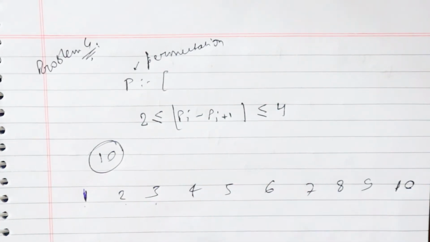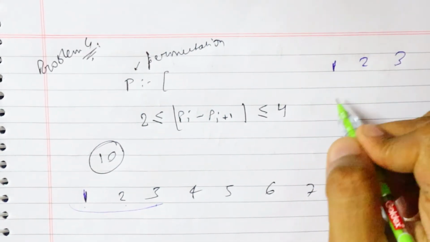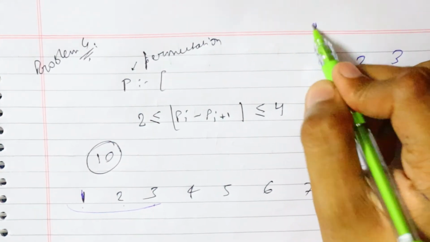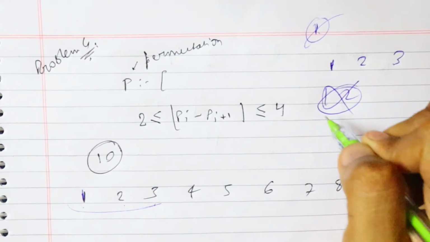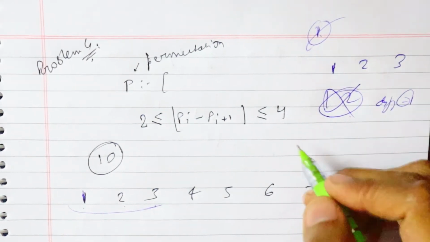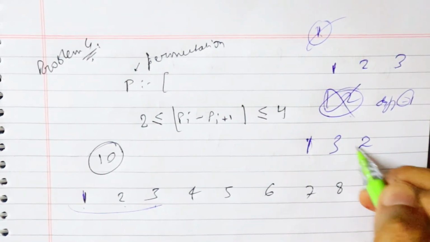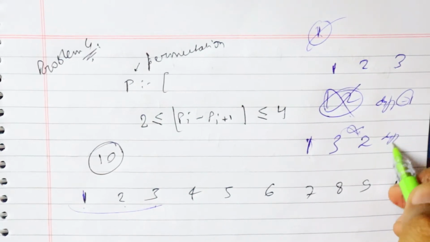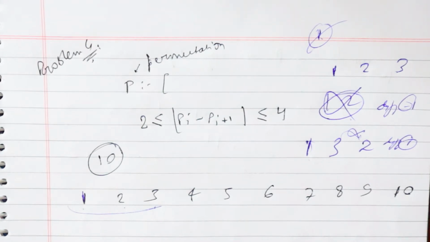So first of all, if we see only 1, 2 and 3, we are not able to have only one element because it is not allowed. Two elements not allowed because for 1 and 2 the difference is 1 only. Three elements, so I will write 1, 3. Next I have to write 2, but it is also not allowed because here also the difference is 1. So the first intuition which I get is that if my n is less than or equal to 3, then my answer would always be no, or you can say -1. But if it is bigger, then yeah, I need to do something.